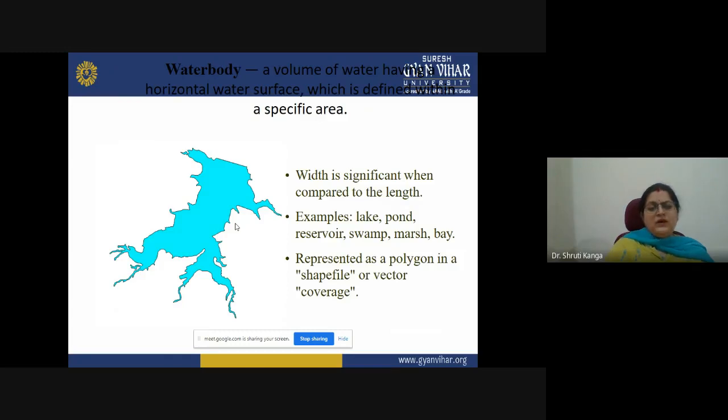Here we can estimate the width, the perimeter and the area of the water body. Lakes, ponds, reservoirs, then bays, swamps, marsh are examples of these water bodies. Again, we can represent the polygon in a shapefile or a vector coverage also.